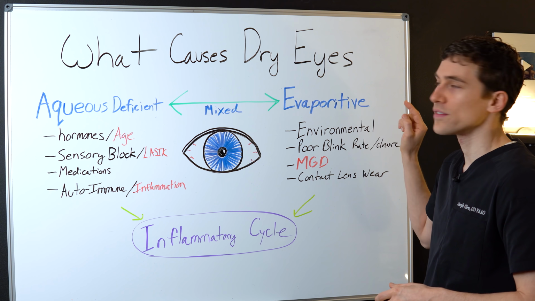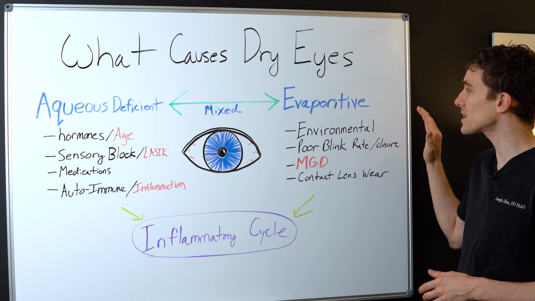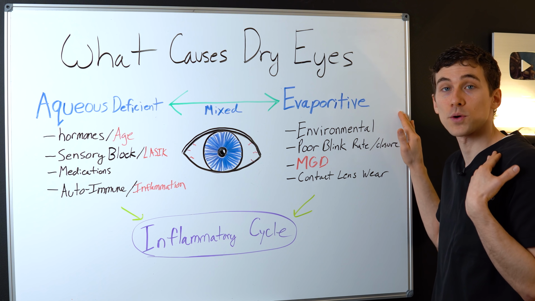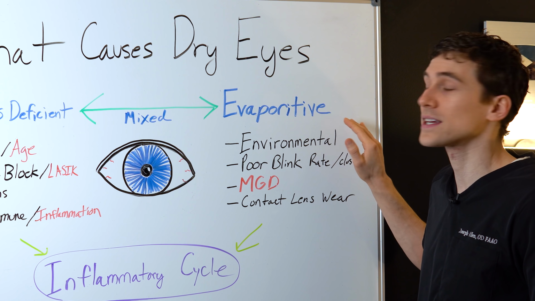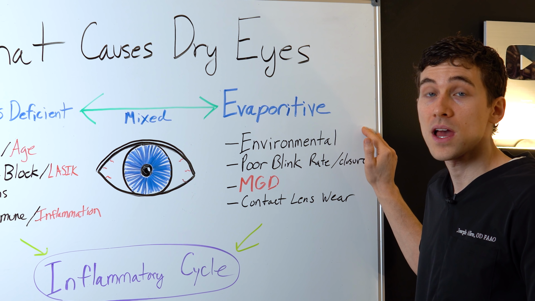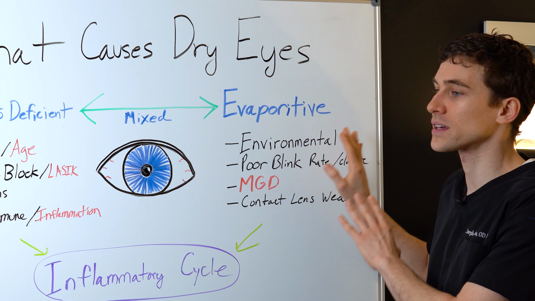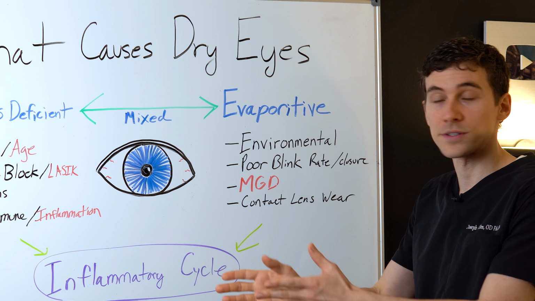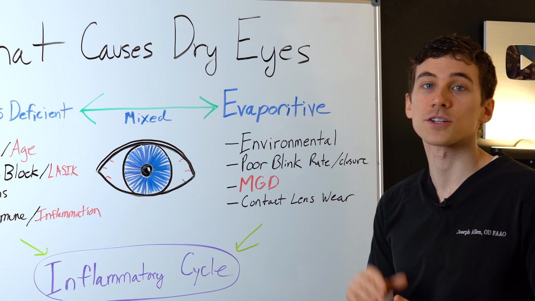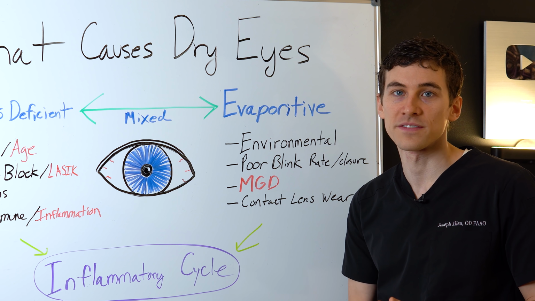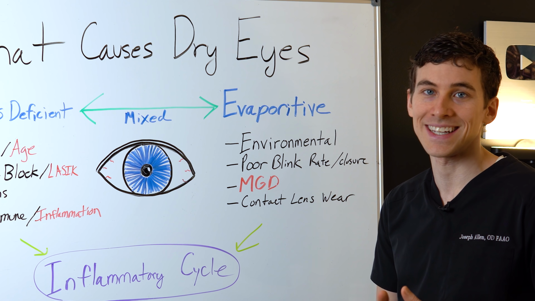Now let's go on to evaporative forms of dry eye, because this is honestly one of the parts that I find most interesting, because this is the type of dry eye I have. And this is really concerning for a lot of eye care professionals, because this is not just causing issues later in life for older individuals like aqueous deficiency, but in fact evaporative forms of dry eye are starting to show up in younger individuals, even people in their younger teen years.